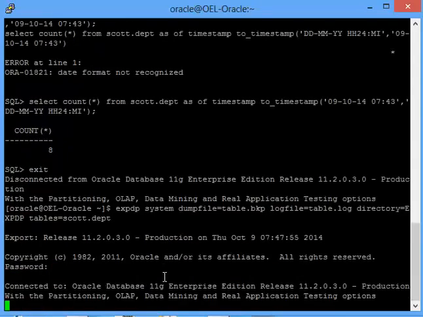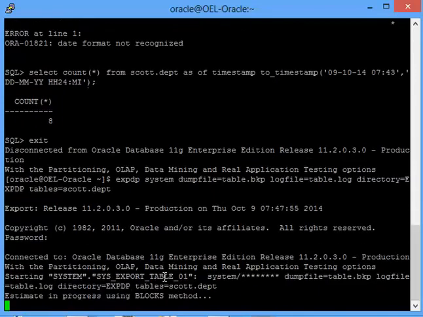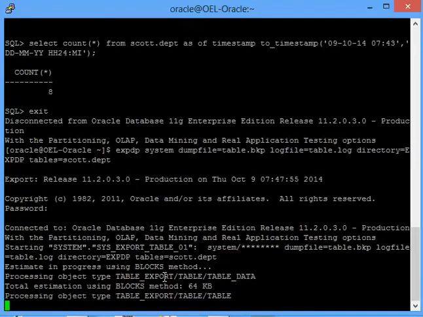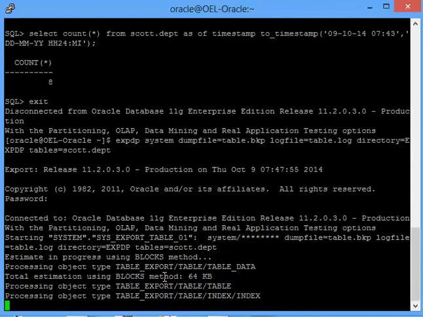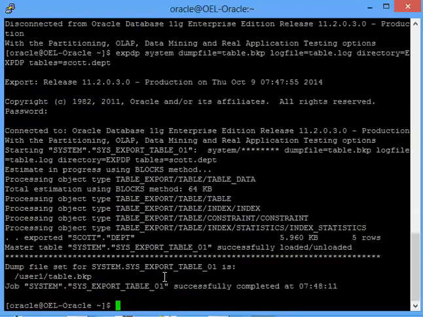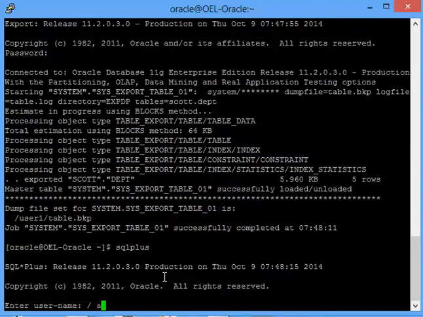And then if you give the password, it will take the backup of that particular table called department from the Scott schema. So basically, when you take the backup of the current object on the database, it would be with 5 rows, right? You can see now on the screen, 5 rows have been backed up. Now I'll connect to the database, then I'll do the flashback on the table.